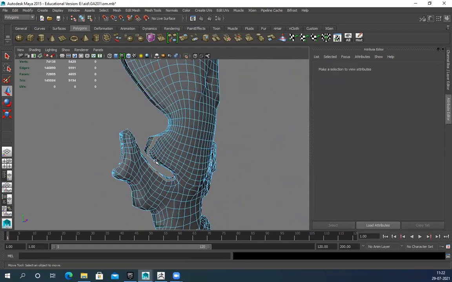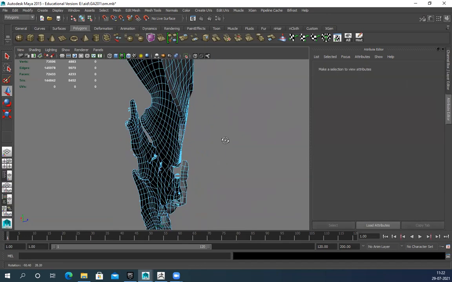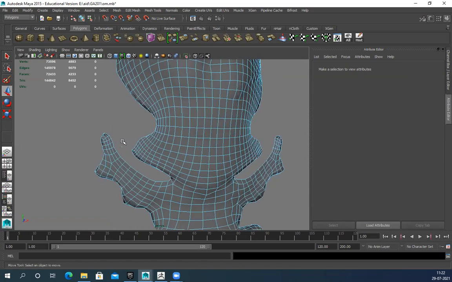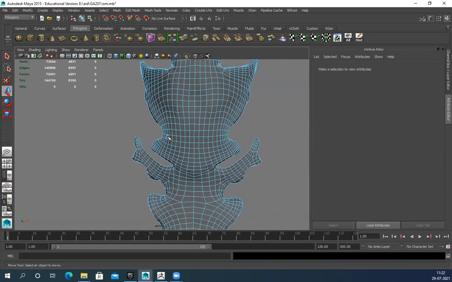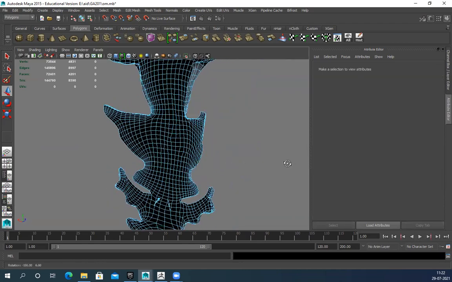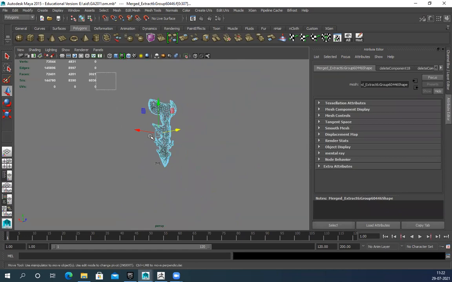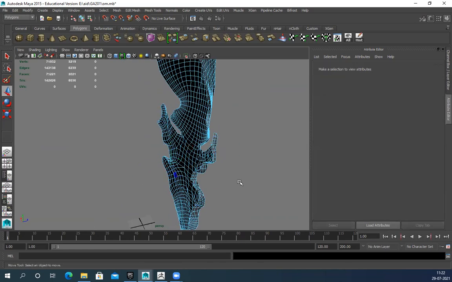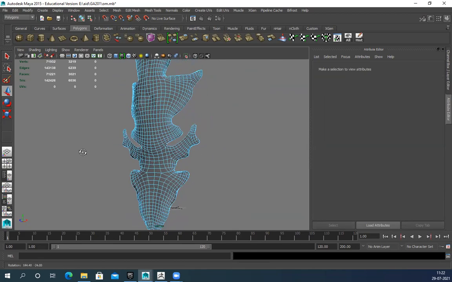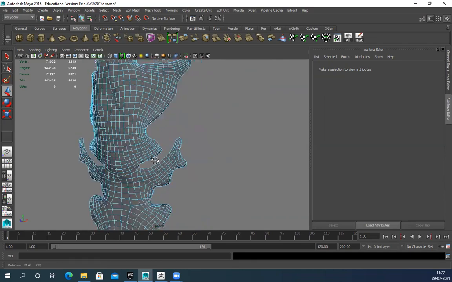Entire side, I can delete this, because this thing I can just push inside and make it solid very easily. Select the model, shift, and select the rest of the part, delete. All those unwanted things are gone. So now it's super clean geometry. See, it's become nice clean geometry.